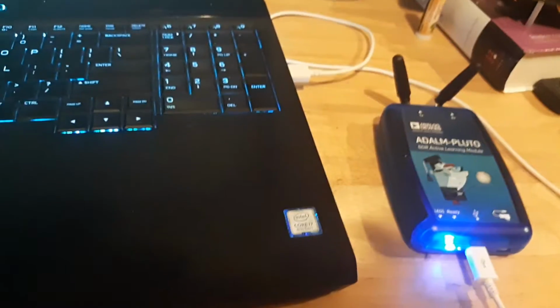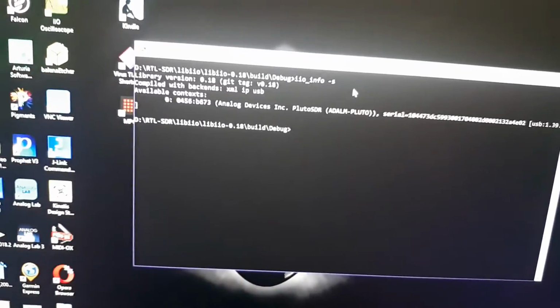And right now, I just want to show that this was connected. It's like a mass storage inside Adalm Pluto. But that's not what I want to focus on. What I want to focus on is to actually use the objects, and one of them is IIO info, which will give us the available context. As you can see here,